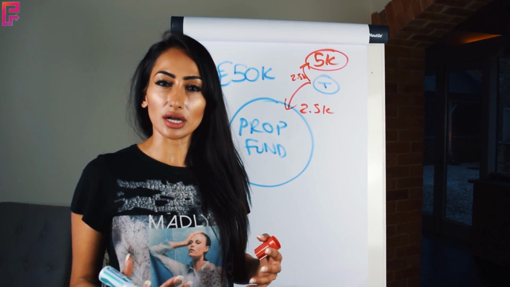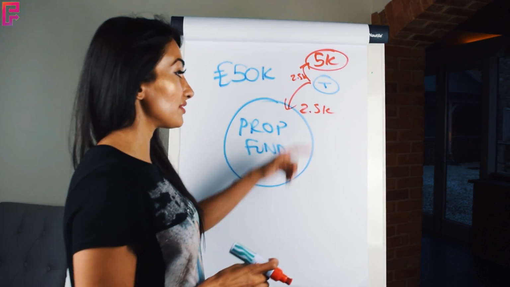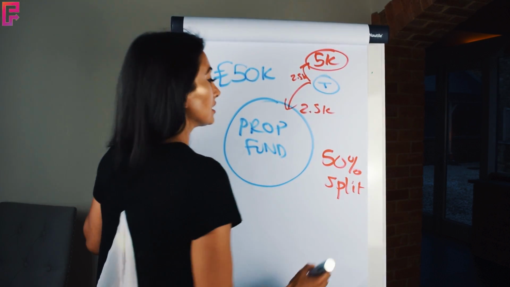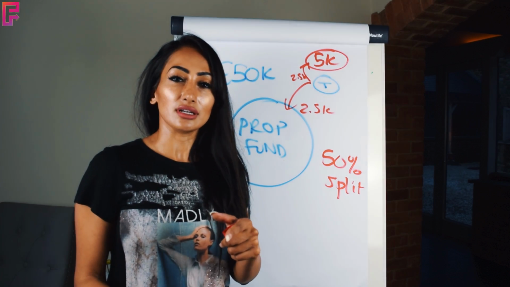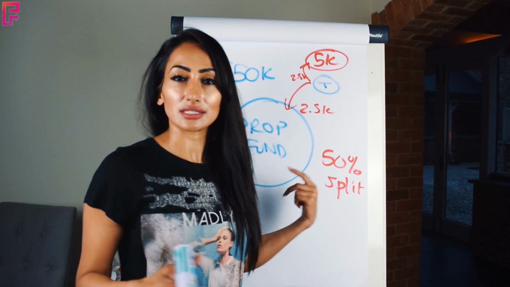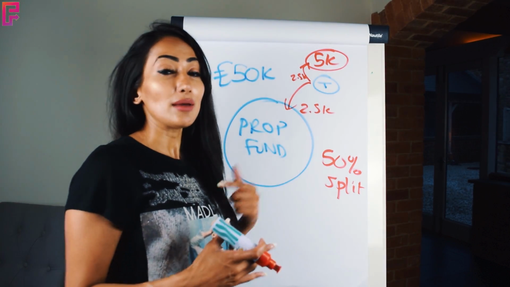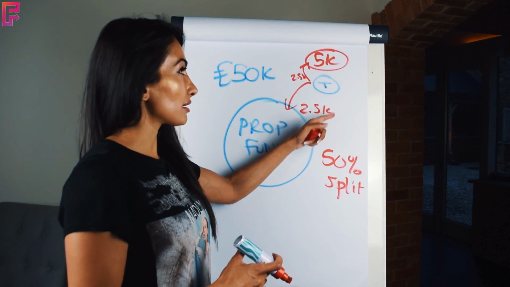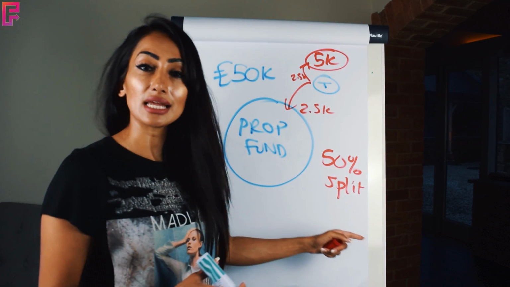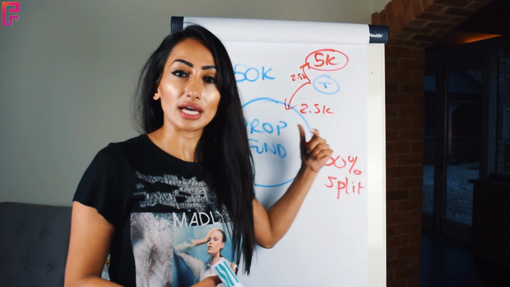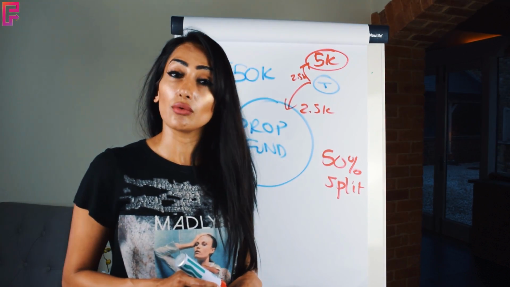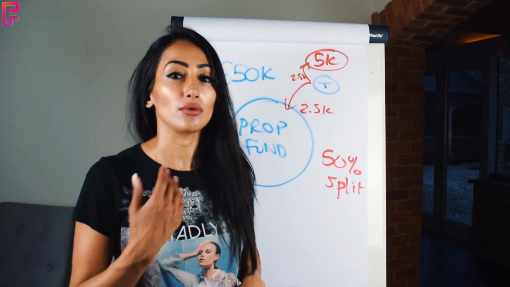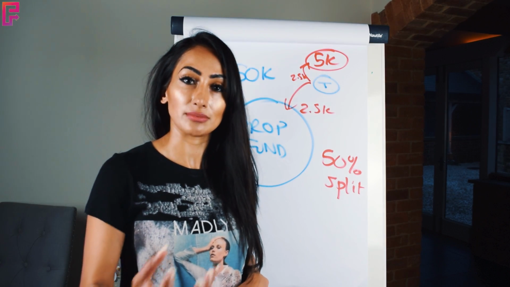So that's how it works for this prop fund arrangement. Obviously the 50% split, so I'm talking about a 50% split on profits, on money that is not your own money, it's somebody else's money because it's coming out of the prop fund. I'm incentivized for you to trade well because I actually make money from you trading really good, and I take 50%. And the more money you add to that, so let's say someone is really, really good, I will make sure that they get more than 50k, because quite simply, the more money you're trading, the more profits I will make, because your profits will substantially be a bigger amount.